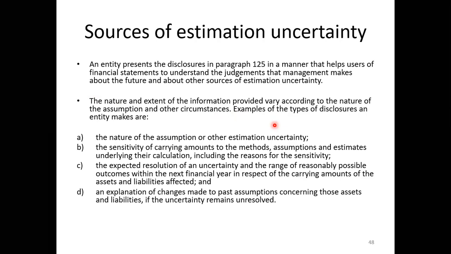Examples of the types of disclosure an entity makes: the nature of the assumption or the estimation uncertainty, the sensitivity of carrying amounts to the methods, assumptions and estimates underlying their calculations,